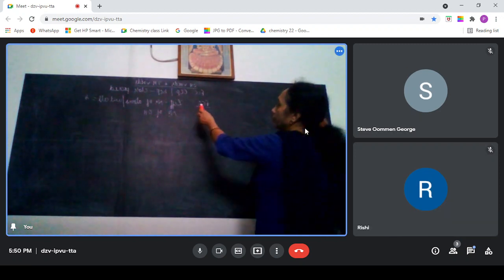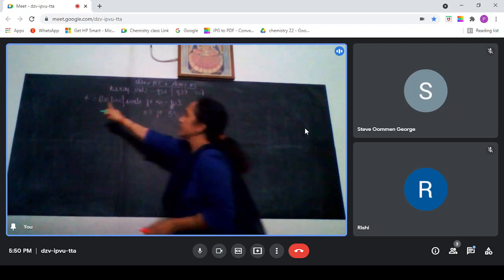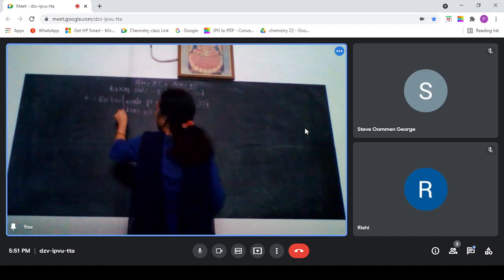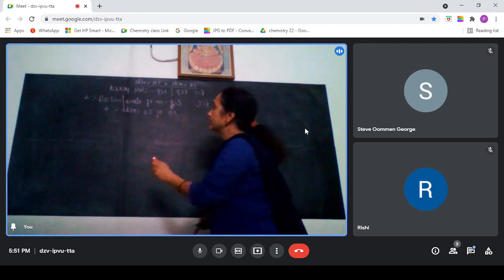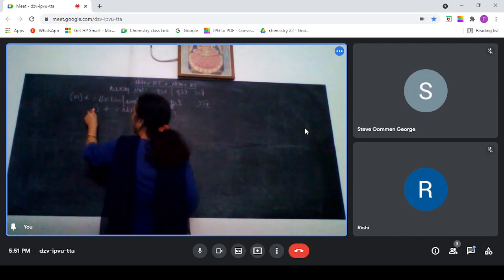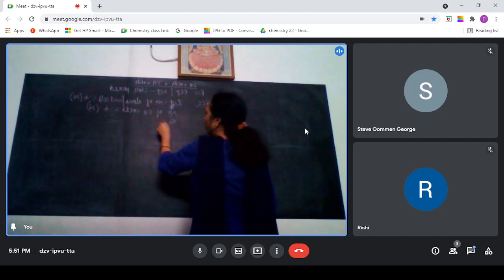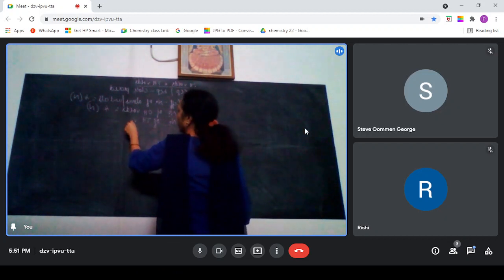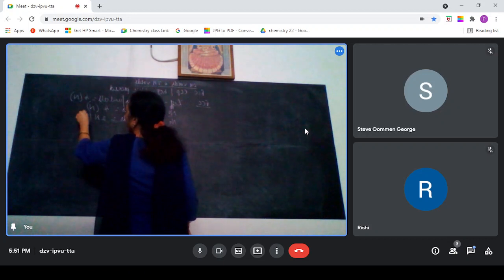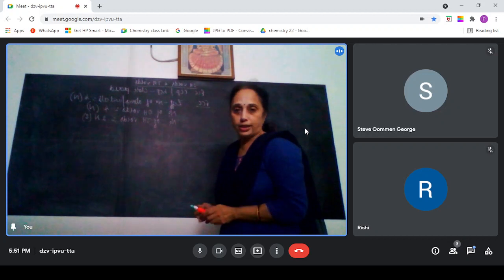So for face centered cube, Z effective is equal to 4 and number of octahedral voids is also equal to 4. That means if the number of atoms, if you take it as n, small n or capital N, number of octahedral voids will be n. And now this is very important. You have so many problems also on this. Number of tetrahedral voids will be 2n. That is twice the number of octahedral voids.